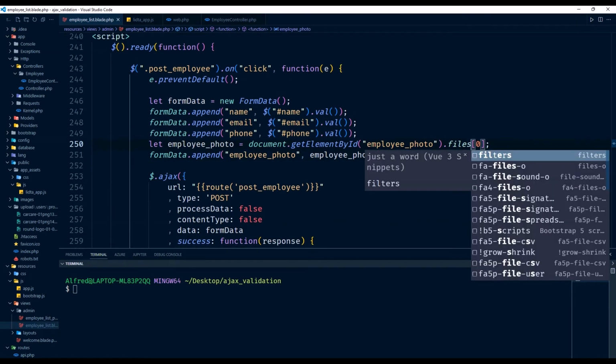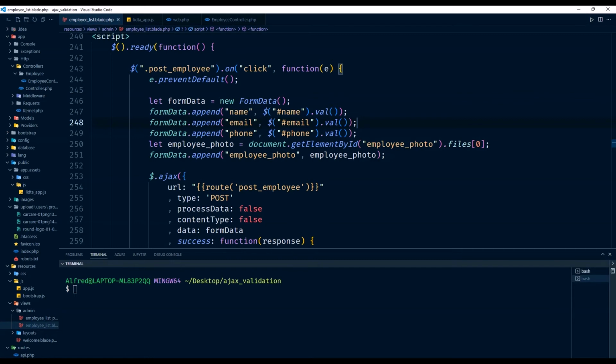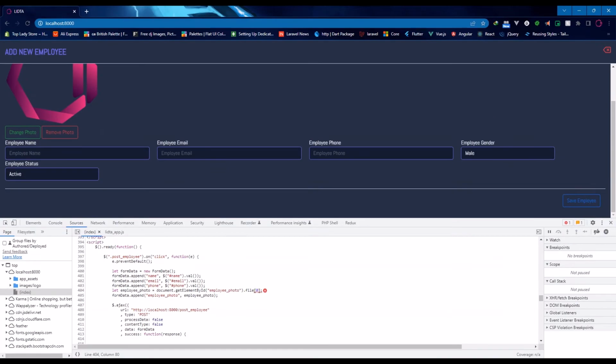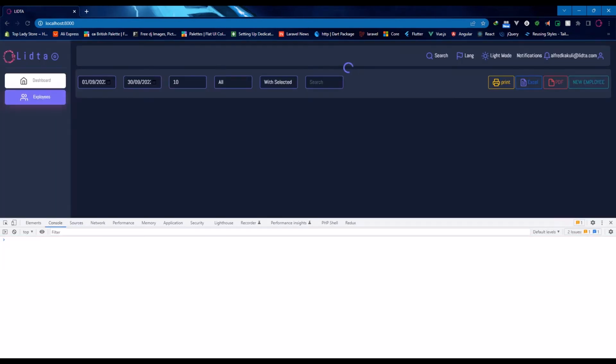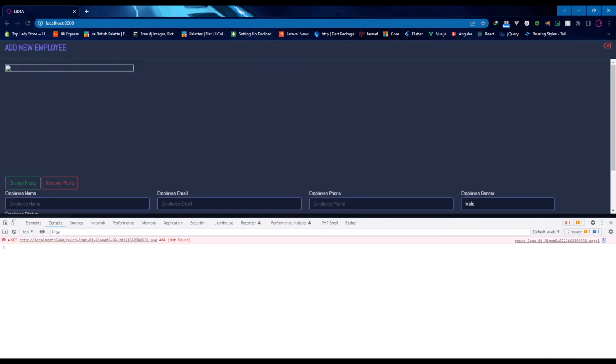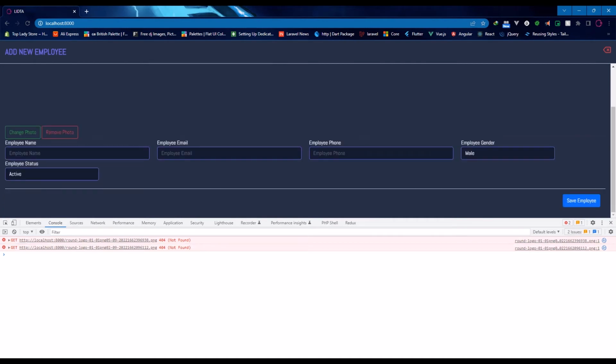This one should be false. All right, let me reload again and bring in the file image again. And now we have